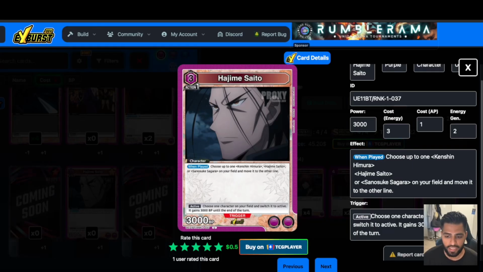But it also is very good against something that you would think would be good against this deck, which is Toto, because Toto can change your energy, because you're trying to get to 6 energy, and Toto can screw that up. But this makes it so that you can move it to another line. So you could even move from the front to the back, or back to the front,